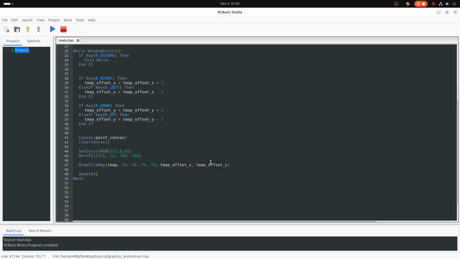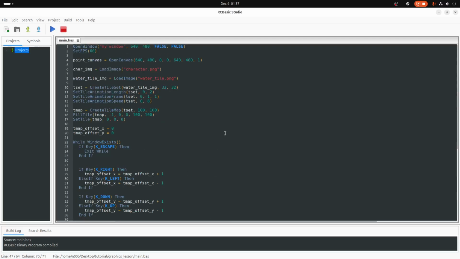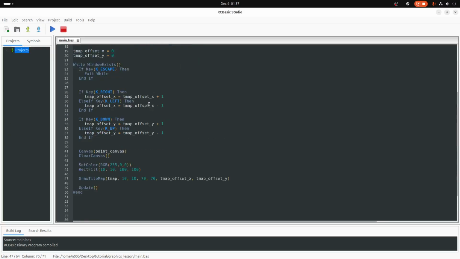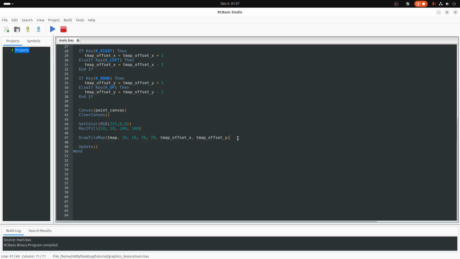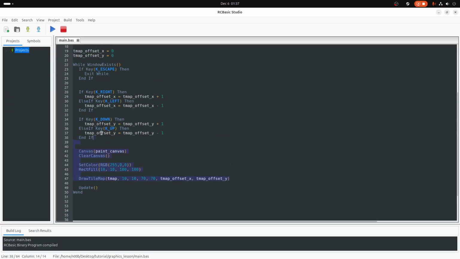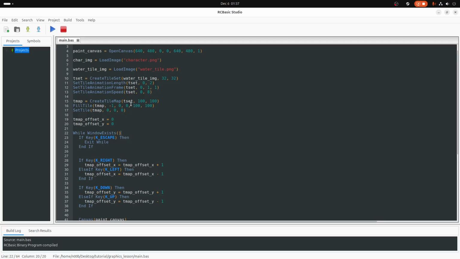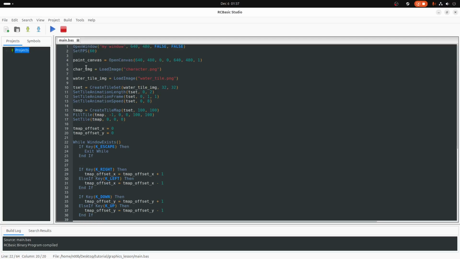And that's how tile maps work. So now I'm gonna get rid of most of this. So let's just get rid of all this for now. And before I do that though, I want to mention canvases were meant to be stacked on top of